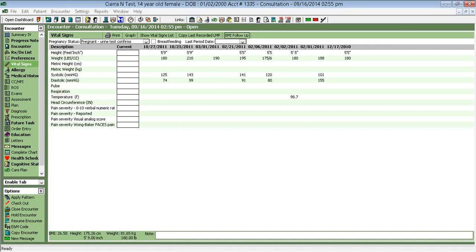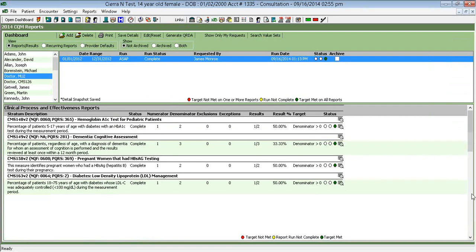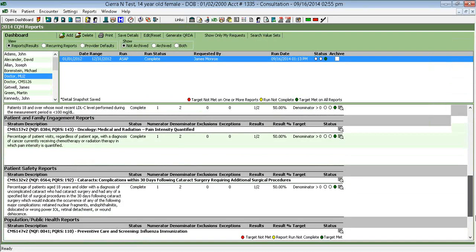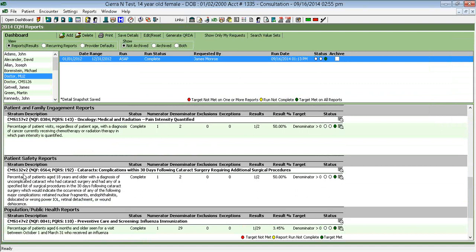Next measure. CMS 132, PQRS number 192. It's for your cataract patients. Complications within 30 days following cataract surgery that requires additional surgical procedures. Specifically tracking patients 18 years and older with a diagnosis of uncomplicated cataract who had cataract surgery and had any one of the specified list of surgical procedures in the 30 days following cataract surgery,